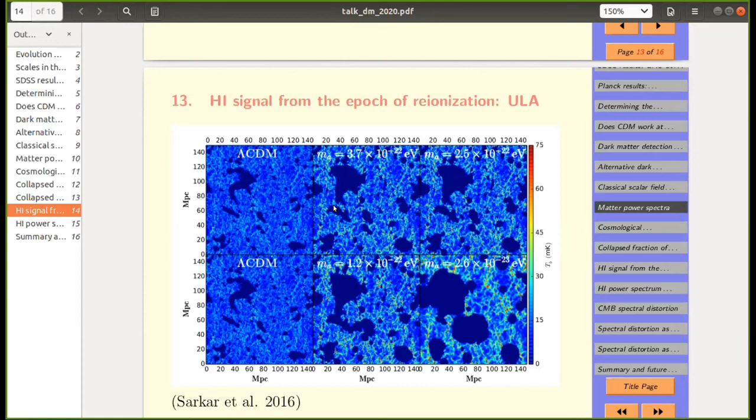So you may wonder, if there are fewer halos, there should have been fewer ionized regions. No, when there are fewer halos, they cluster more strongly. So in this lambda CDM model, they are also clustered, but one ionized region might arise from a few sources. Here it will arise from a larger number of sources, so they're more clustered because they're fewer. And second, this is matched to the same ionized fraction, and what you would see is that the ionized regions will be much larger.